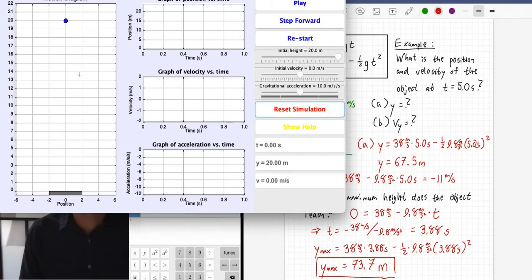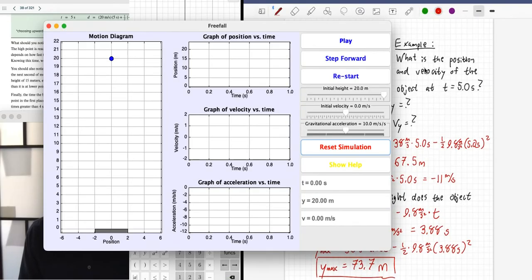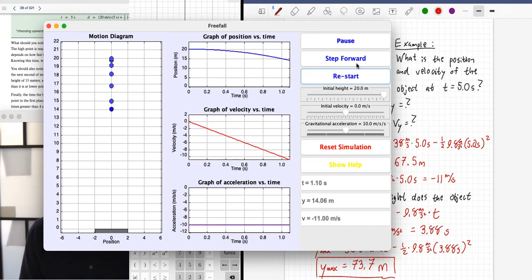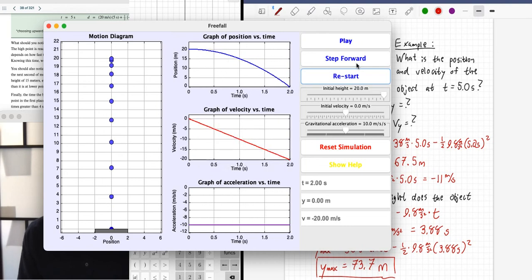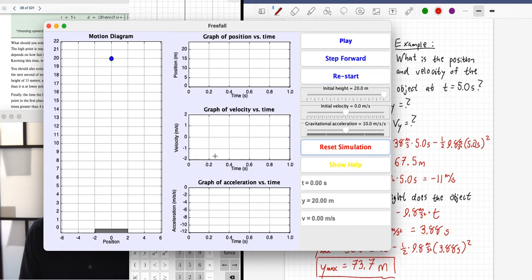And let's take a quick look at that. Let's look at an example here of something that's in free fall. Let's go ahead and restart. All right. So here we're just dropping something. But I can give it an initial velocity. So here it's just going to fall down and hit the ground. Let's go ahead and reset it. I'm not going to start it yet because I'm going to give it an initial height of 0, like in our examples, and let's have it go up. So I'm going to give it an initial velocity as big as we can